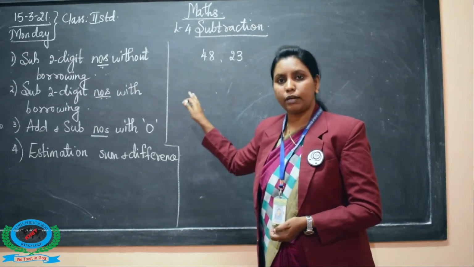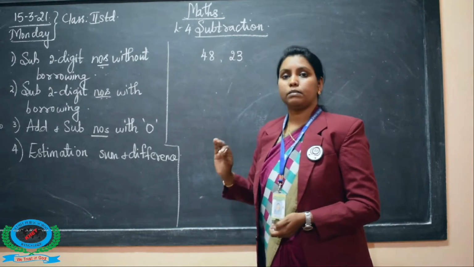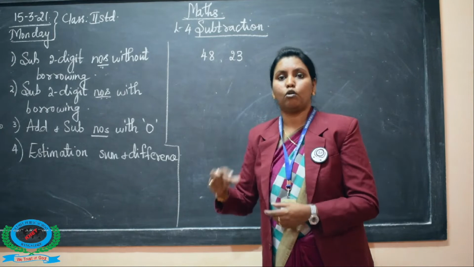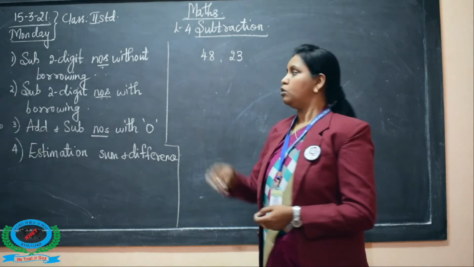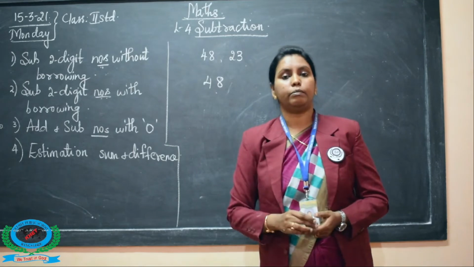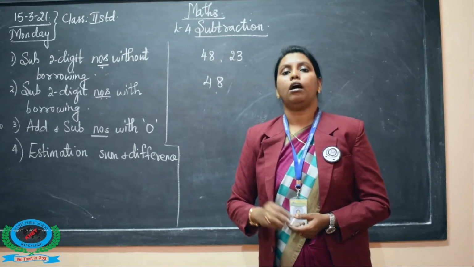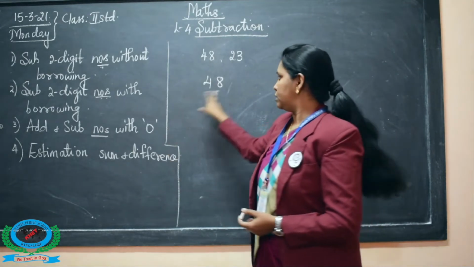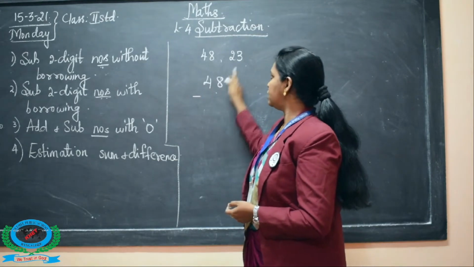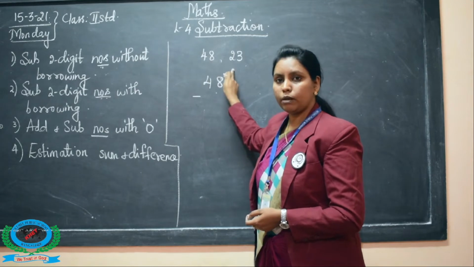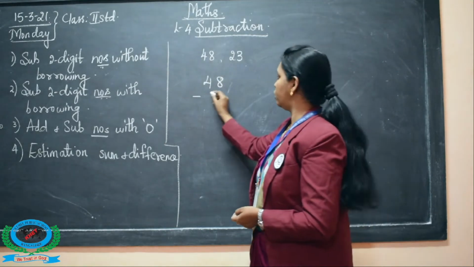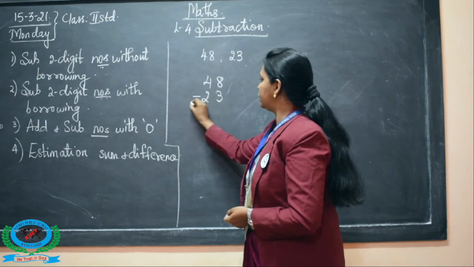So, how you can subtract it? So, always in subtraction, the greater number will come on top and the smaller number will come down. So, here 48 will be written on upper side. Okay. According to the place value chart, this is unit and this is tens. And below, you will write the small number. Which is a small number among this? 23 is a small number among this. So, you are going to write 23.